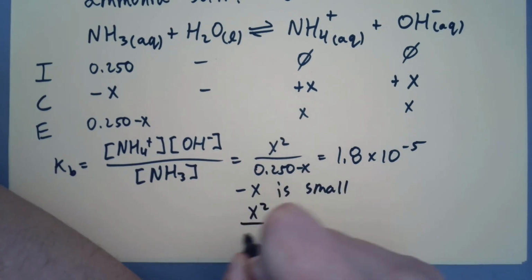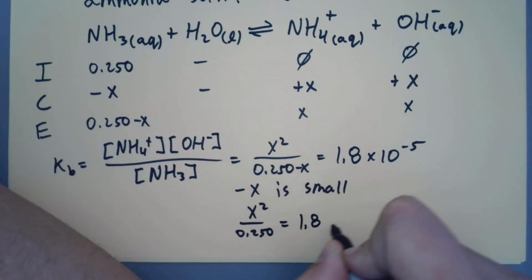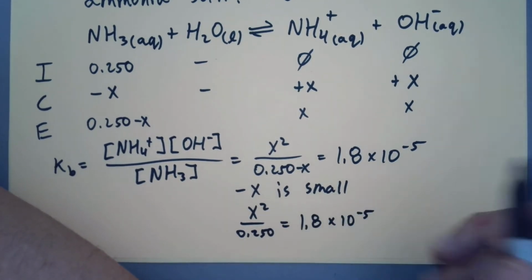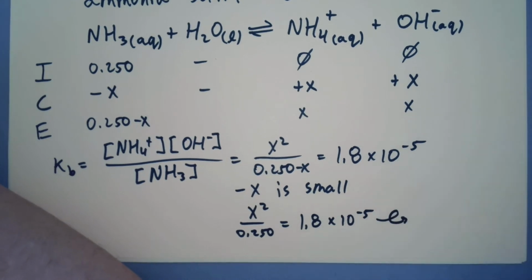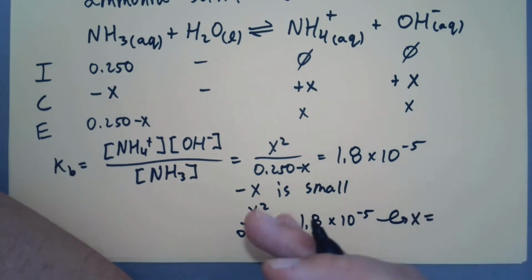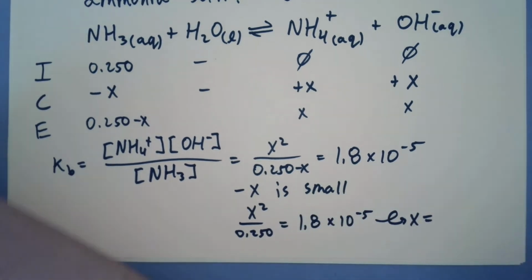And so x squared over 0.250 equals 1.8 times 10 to the minus 5, and so multiply by 0.250, square root it, and do the math, and you get x. Don't even need the quadratic formula. We just do a little bit of arithmetic, and we get x equals